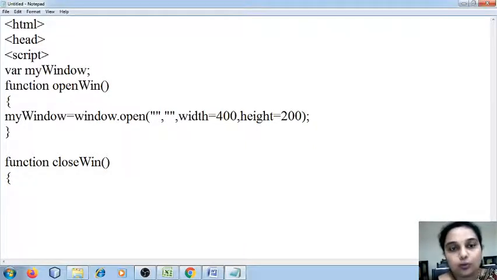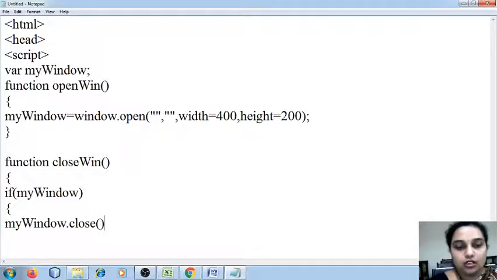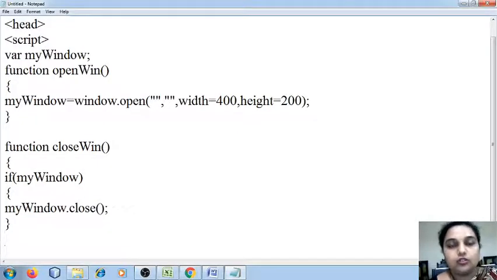If the window is not open, can you close the window? You cannot do that. So I'm going to use an if condition to check whether my window is open, and if it is, then myWindow.close. I'm going to use the close method to ensure that the newly opened window is closed.